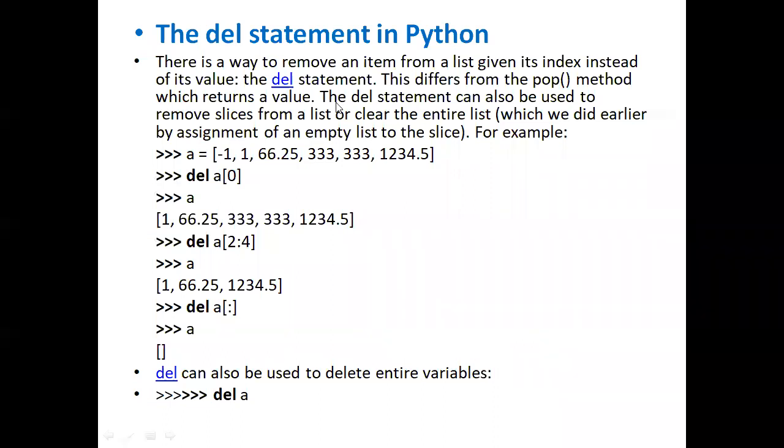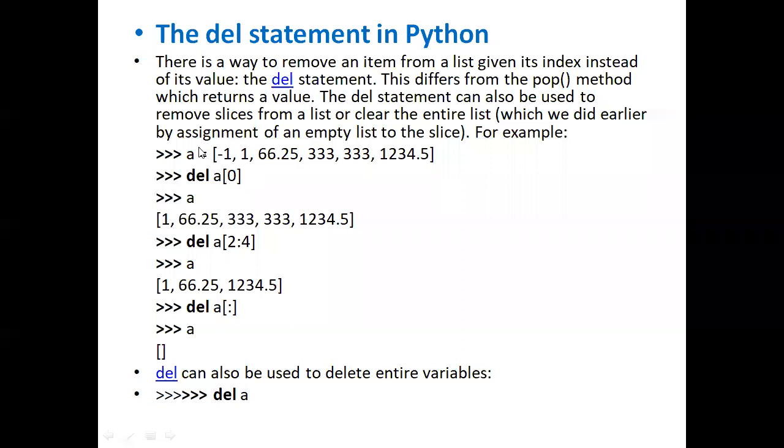So, for example, earlier we discussed that if you want to remove a particular element from the list, with the help of the pop operation, we can remove it. And we have another option called del also. With the help of del also, we can remove a particular element from the list, not only from the list, anywhere. And earlier we created objects of string, which is allocated some memory for that object. If I want to deallocate that memory, I want to remove that object, with the help of del only, we can remove it.